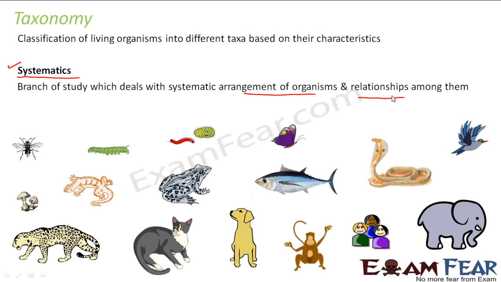Now our agenda throughout will be to classify organisms into different groups and then study the characteristics of that particular group. That is what we are going to study now. Before that, we need to understand the different taxa, or the different taxonomic categories, into which we are going to divide the living organisms. For that, we have to understand taxonomic hierarchy. Hierarchy means a level-like, stairs-like structure which has been prepared so that we can understand which is a lower level and which is a higher level. So let us look at that hierarchy.